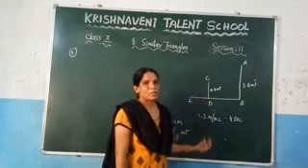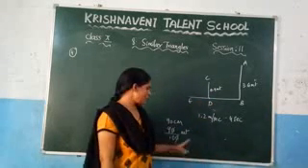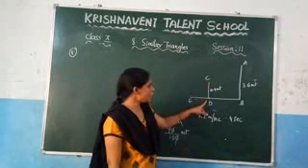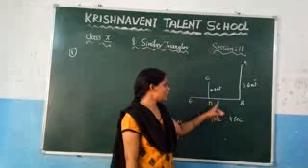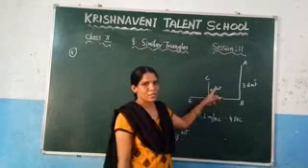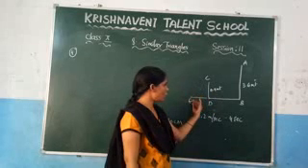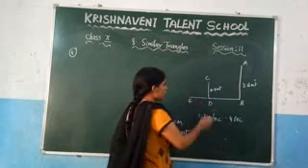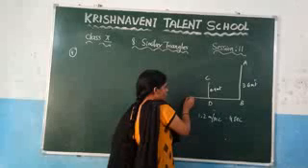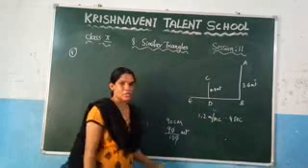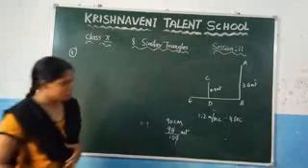Since the units are not the same, we have converted the centimeters into meters. So the girl's height is nothing but 0.9 meters. Now you can observe that if a girl is standing like this, her shadow will fall in this direction. So let us consider this the length of the shadow. Now you need to find this length of the shadow. This is the question they have given here.